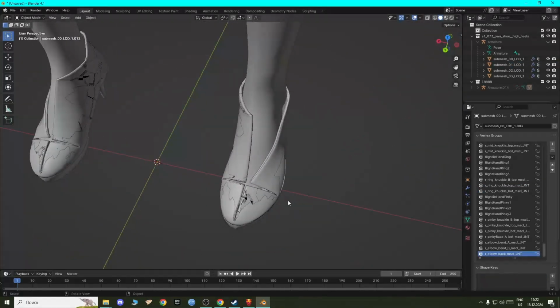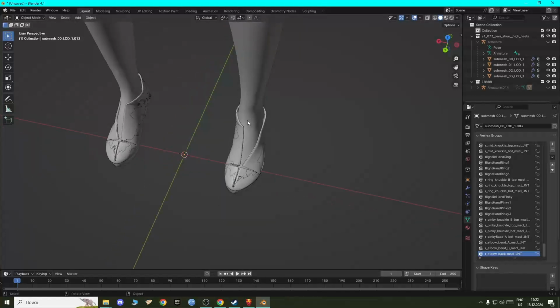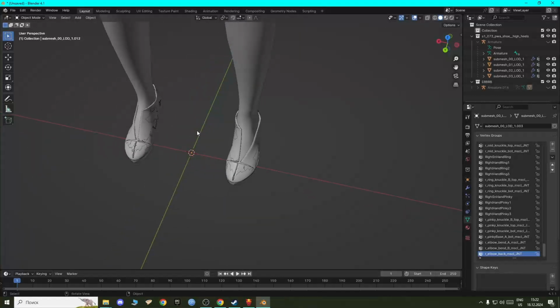There can be some clipping inside of Blender that does not occur in game, so there is a very, very subtle difference between the mesh in Blender and in game. But as long as you fit the mesh in Blender, it should be working in game as well. There shouldn't be any clipping. Now,